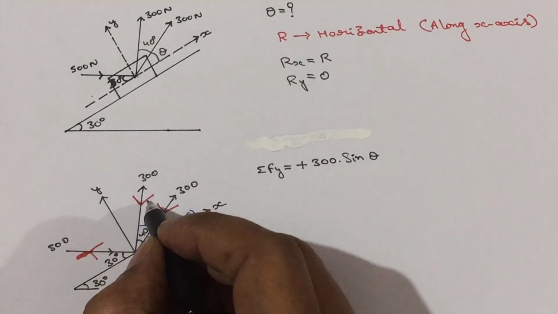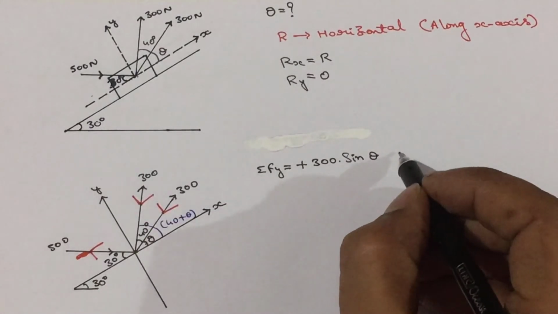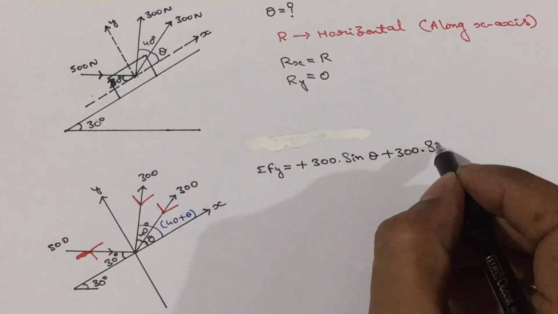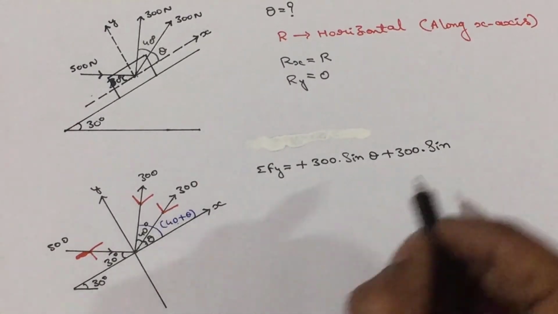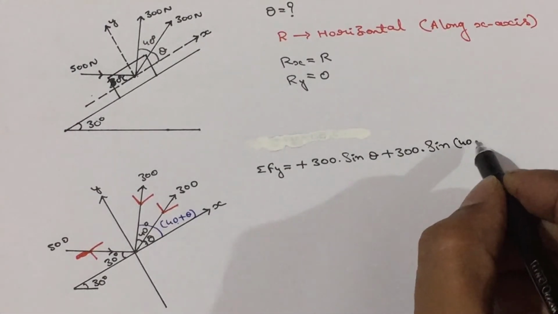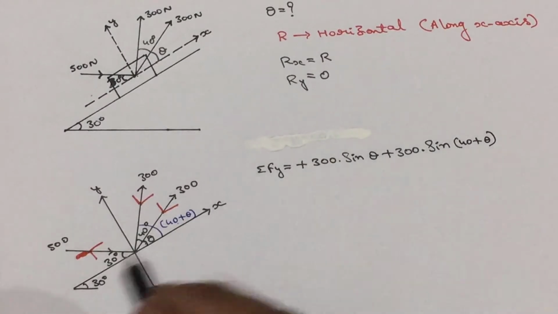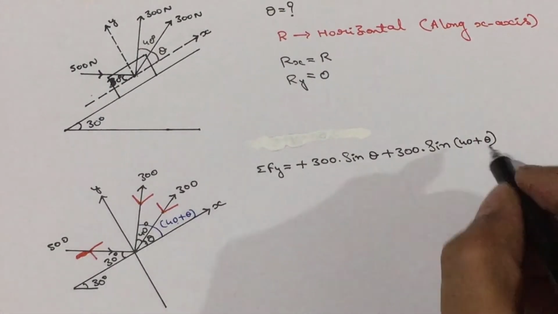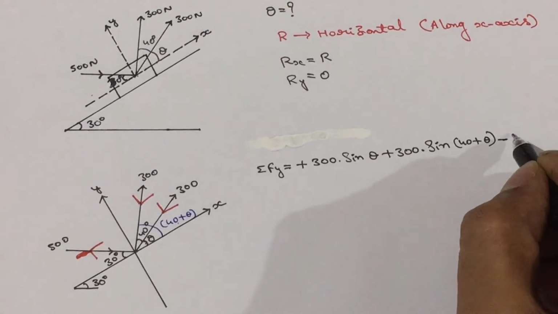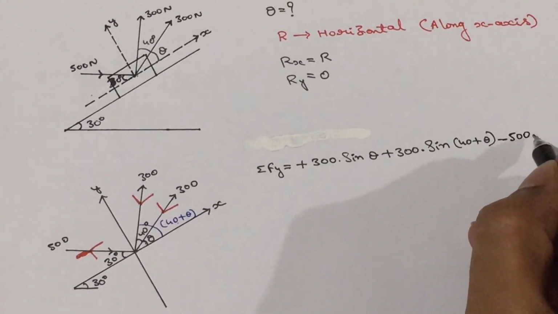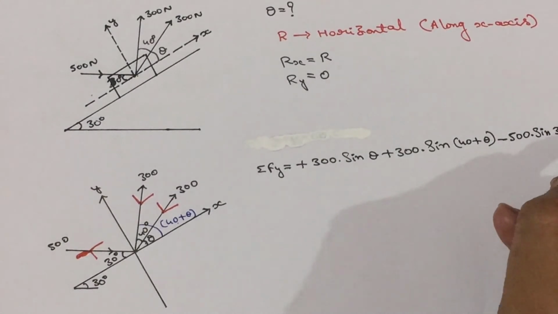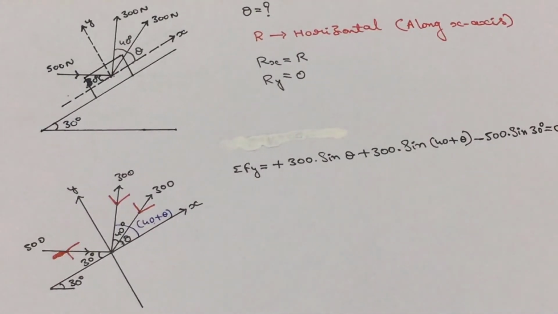Then horizontal component leave it, vertical component is plus 300 into sine of horizontal angle 40 plus theta. Then the vertical component moving downward, minus F sin theta, that is 500 into sine of 30 degrees,